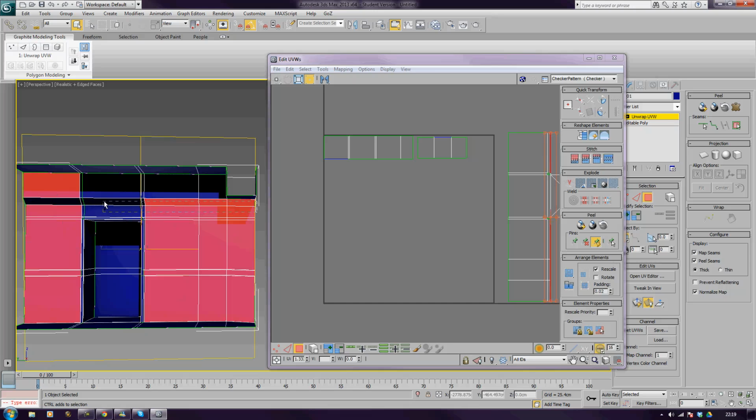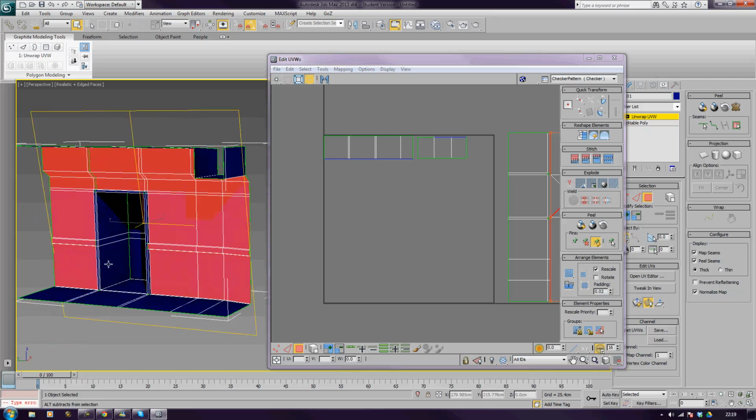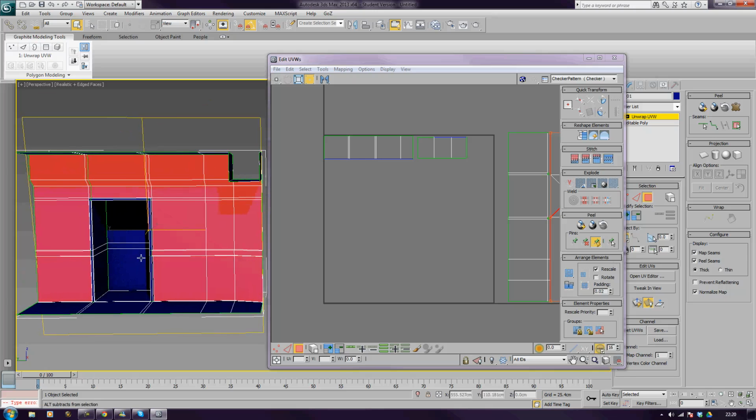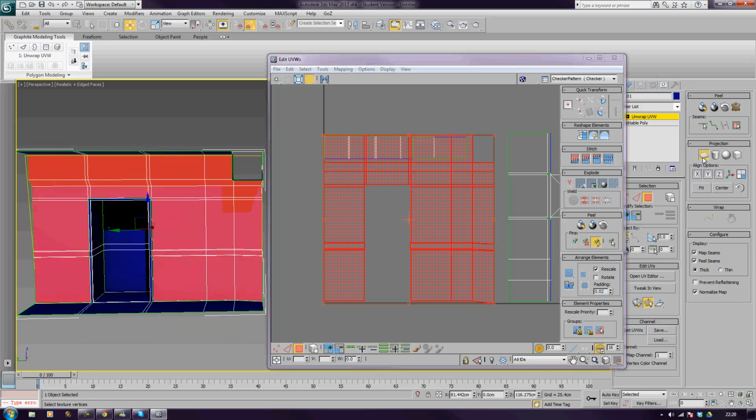Just be careful obviously not to select the wrong ones. I'm not selecting the door frame yet. So I'll just go around and make sure I haven't selected the actual door frame itself, and I haven't, so this is just the wall. And what I'm going to do now is just click here where it's planar map and then turn it off again, and that gives us this